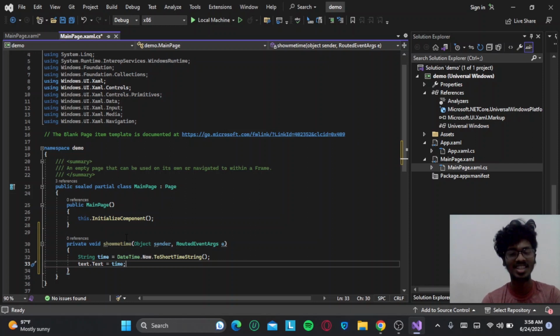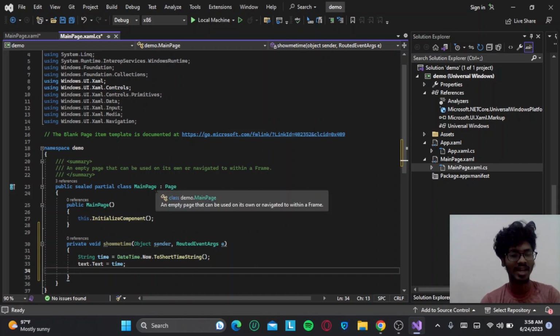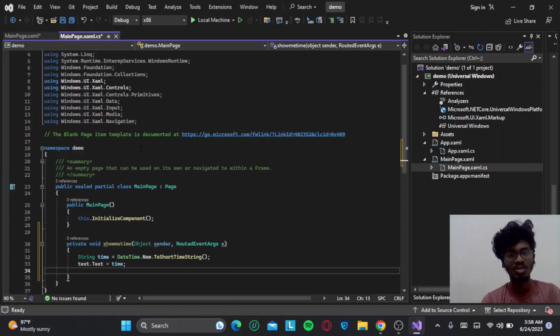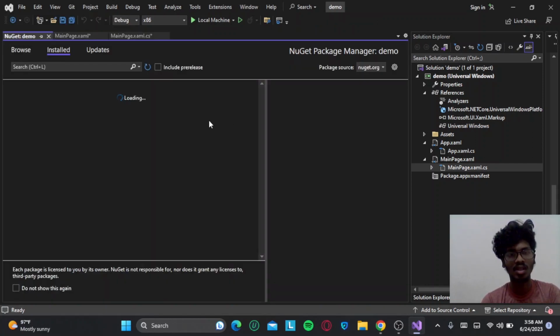Okay, so I think I should have changed the name. It's like text. Okay, not a problem. So after that we need to provide a notification to the user that the time has been set successfully. For that you have to first install the package. So you have to go to Project, then to Manage NuGet Packages. It will take you there, and you have to type here